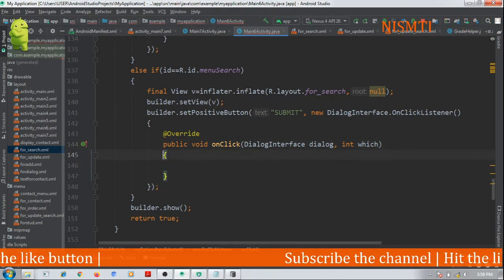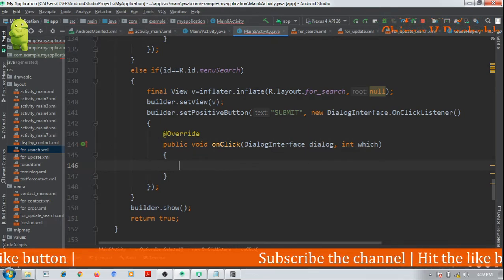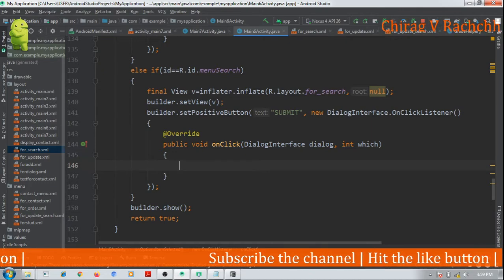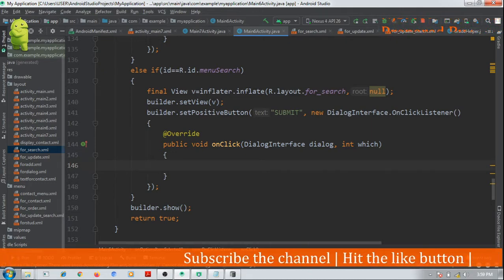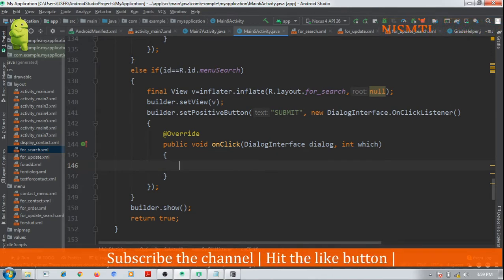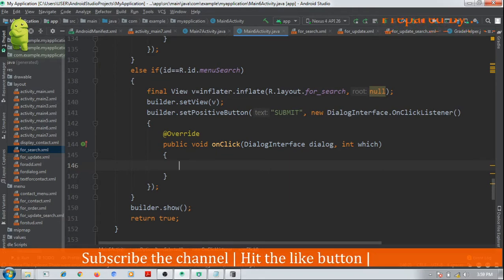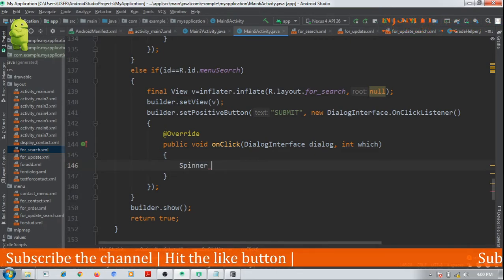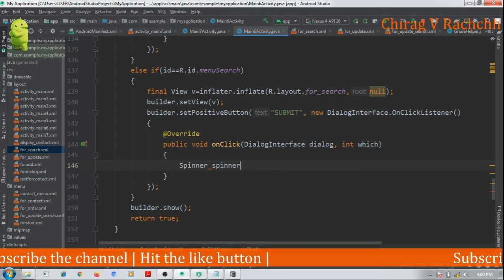Now think, what should we do? The client will select a grade and will click on submit, and we need to query for that particular grade. So here we will first of all retrieve the spinner in which the client has entered the grade.